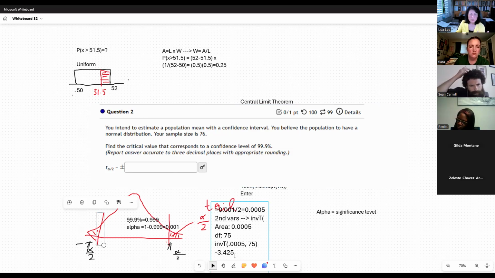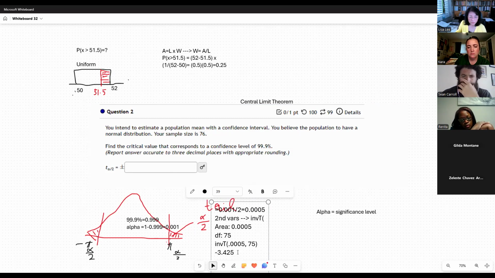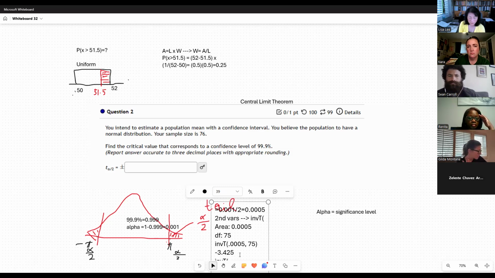If you want the positive answer, you need to take the area to the left-hand side of this critical value. That means you need to input differently. You need to input inverse T with 1 minus, okay, you need to take total area 1, subtract the 0.0005